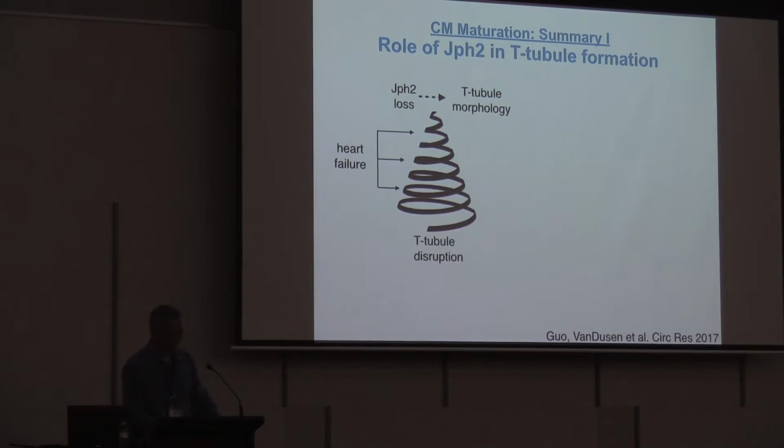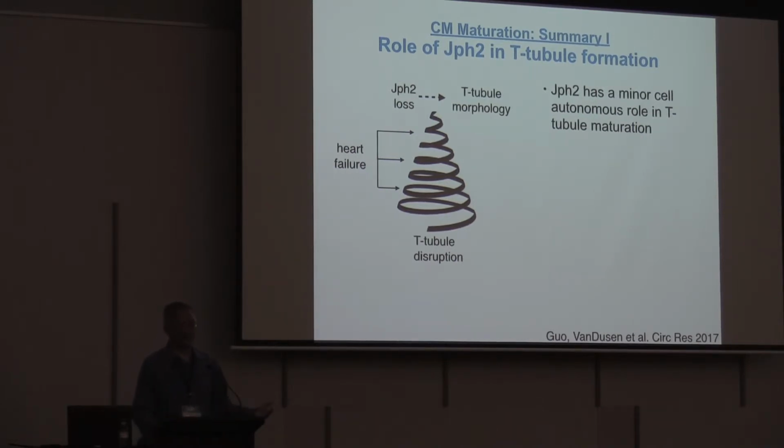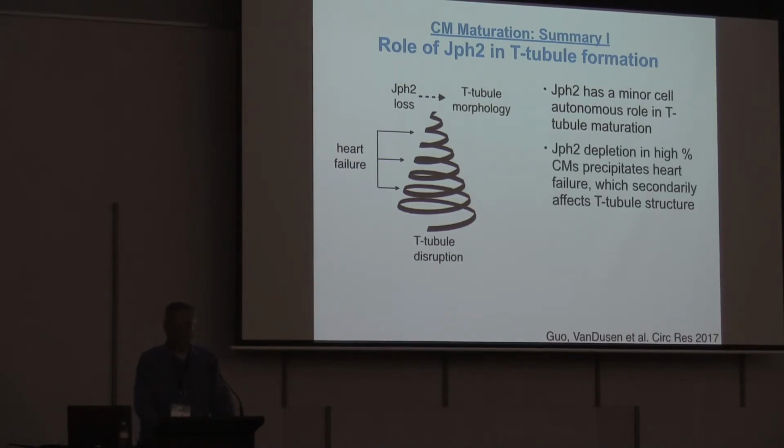So to summarize this, I'm basically showing you this to explain why we take this mosaic approach, that you need to do a genetic mosaic in order to study the function of genes in maturation, because when you manipulate them across an organ, you will automatically induce maturation defects that may have nothing to do with maturation. So just about junctophilin, we conclude that it has a minor role in the formation of T-tubules. Its depletion to a high percentage causes heart failure, which then precipitates additional